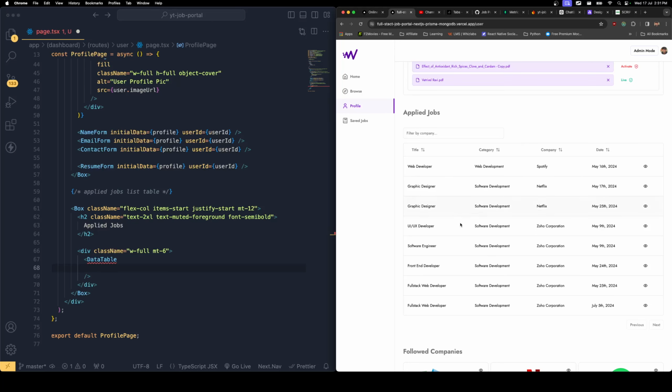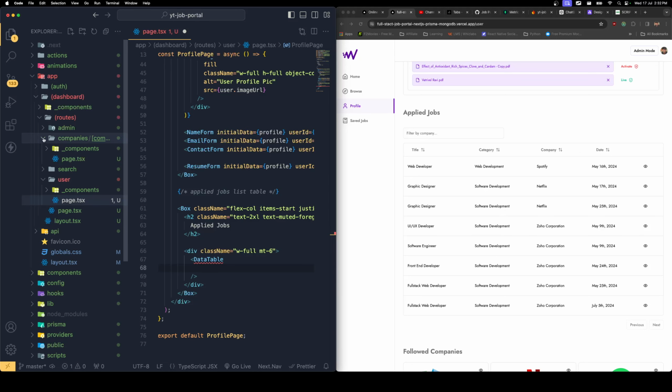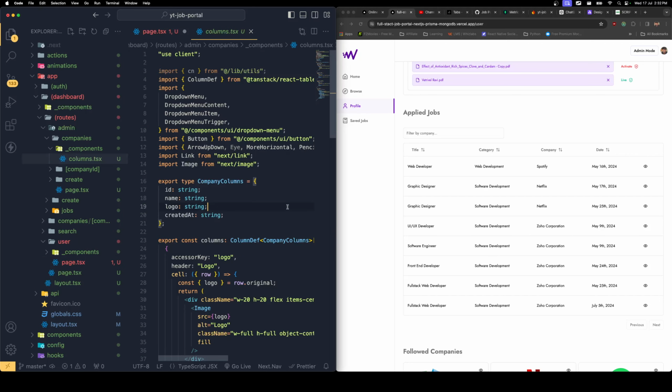So basically what we are doing over here, we are displaying the company informations, right? So what we can do is get into the admin controls and get into the companies, go to the columns over here. We can simply copy this,